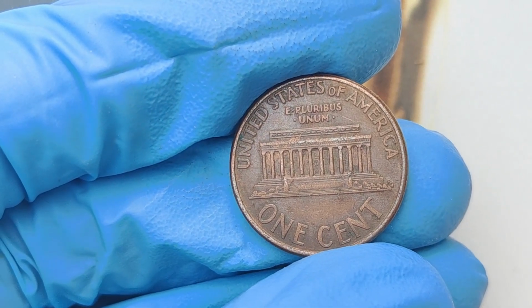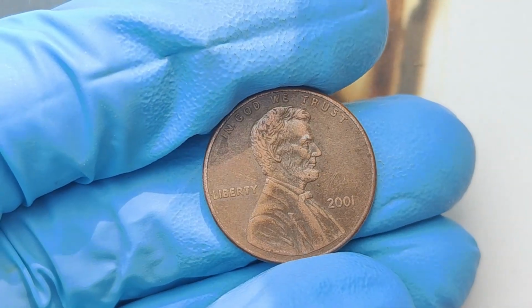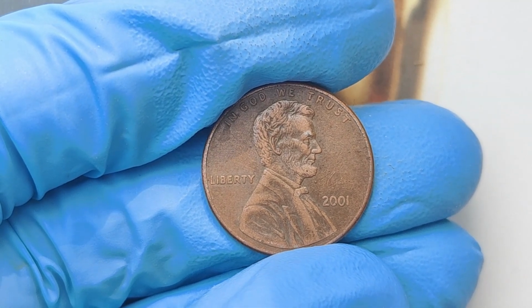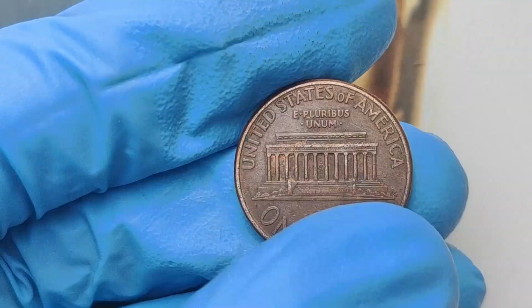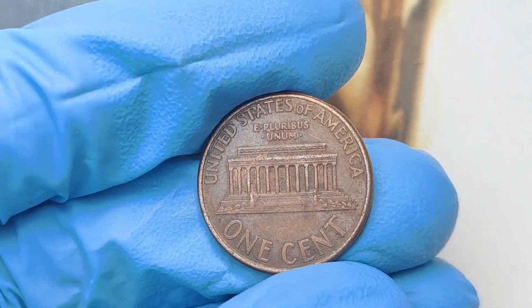Recently, one of these pennies sold for an eye-watering $3.3 million at auction. Yes, $3.3 million for a penny that most people wouldn't think twice about. This sale has sent shockwaves through the numismatic community, creating a frenzy among collectors. So, if you've got one, now is the time to act, because who knows how long this demand will last,